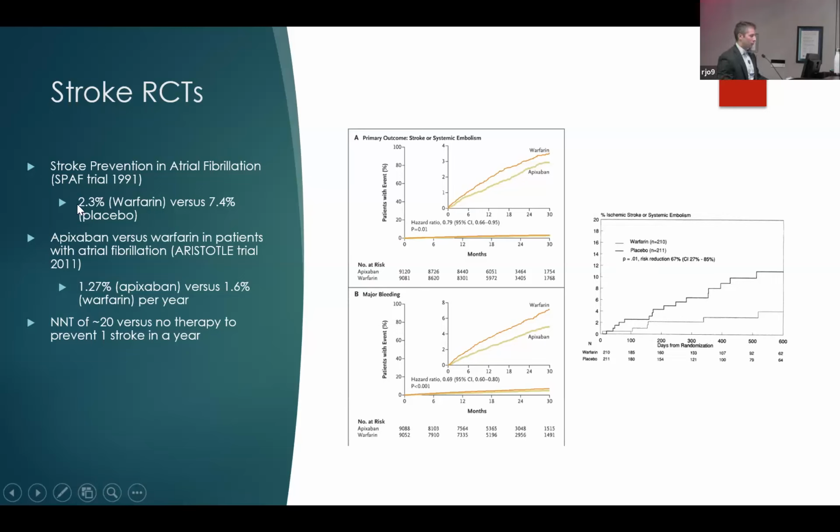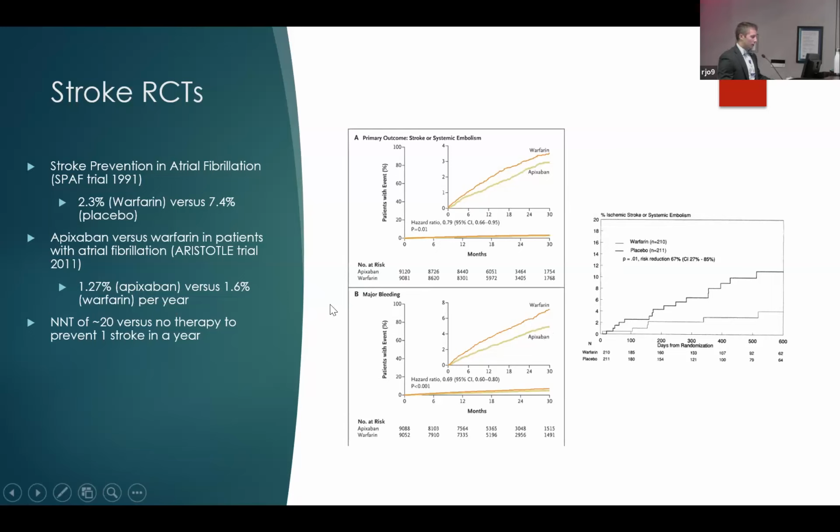So on warfarin, 2.3% chance of stroke with AFib in a year on average versus 7.5% on a placebo therapy. So the difference is about 5%. 5 into 100 is 20. So the number needed to treat is about 20 for someone with AFib who's not on therapy, versus therapy with warfarin. And then more recently, about 10 years ago, there was another trial, which is why we use these newer anticoagulants now, that compared warfarin to apixaban,